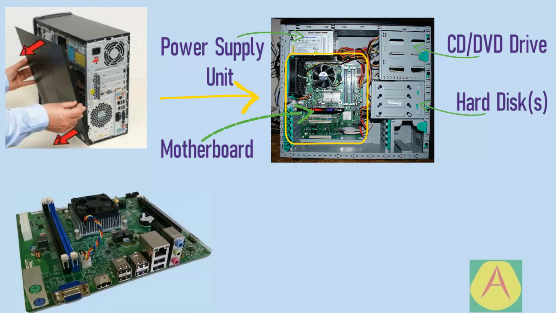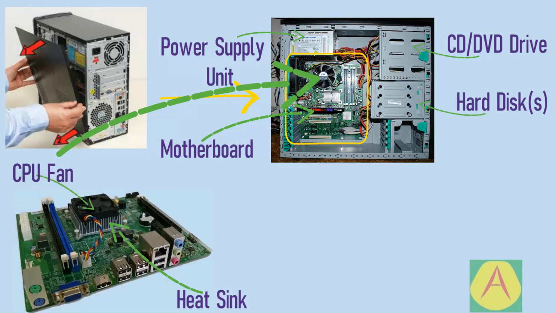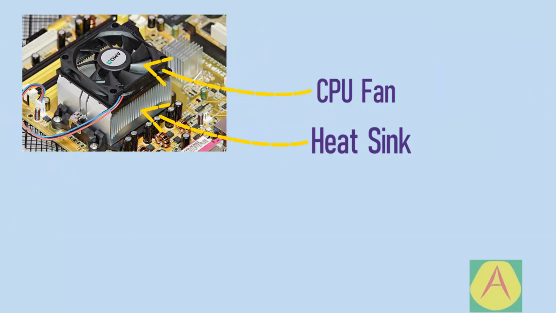Look at this motherboard taken out from the system unit. Even if you take the motherboard out of the system unit, you won't be able to see the CPU because there are two things fixed on top of the CPU. Right above the CPU, a heat sink, and on top of the heat sink, CPU fan is fixed. Look at this enlarged view of the CPU area on the motherboard. So what is the reason heatsink and the CPU fan are fixed on top of the CPU? Do you know CPU is made of huge number of tiny transistors? In modern CPUs, there are over a few billions of transistors. When transistor operates, it produces heat. So billions of transistors means a lot of heat would be produced.